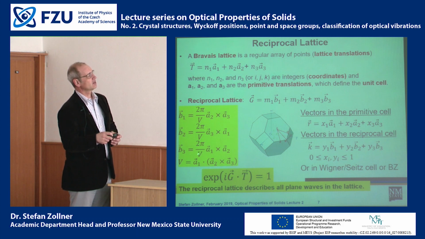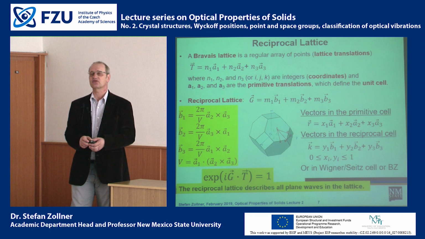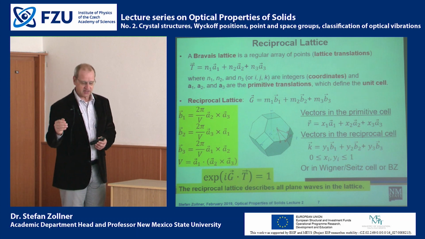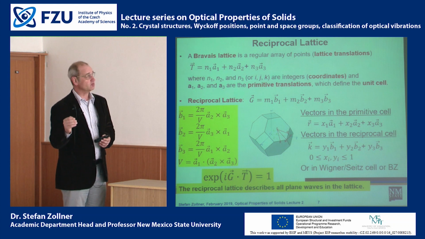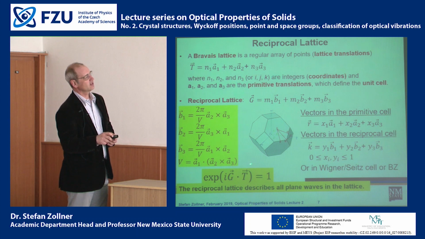And the reason I am doing this is that I want to describe plane waves in the lattice, and that requires the introduction of the reciprocal lattice based on these primitive vectors which are given by the B's. So if I introduce these reciprocal lattice vectors, then the complex exponential e to the i G dot T, so this is the reciprocal lattice vector times the translation vector,